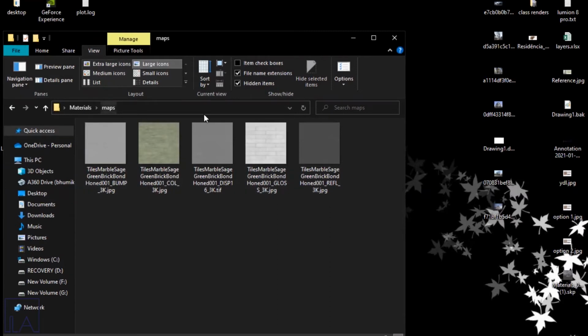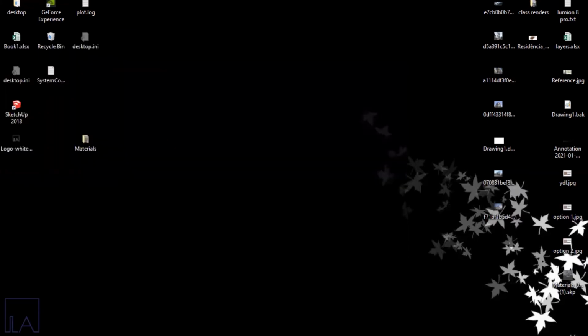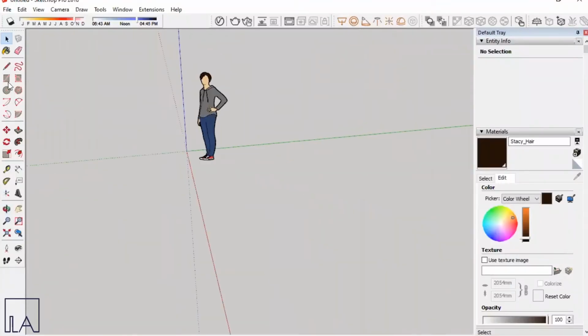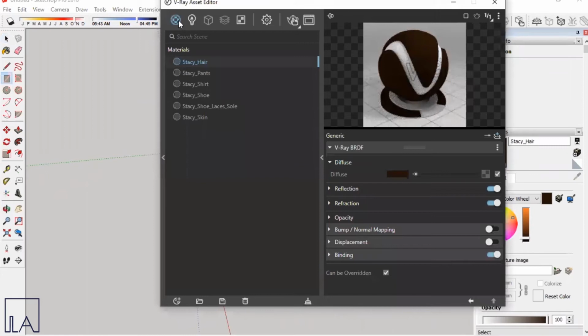So now we'll just go back and see how to import the material into a different file. I've opened a new SketchUp file over here and we'll just create a rectangular surface and try to import the material. To import any material on V-Ray, you just choose your asset editor and open your material list.